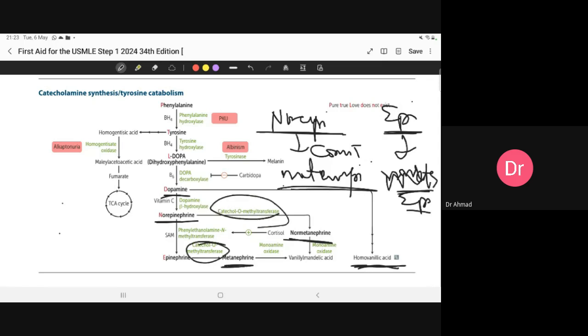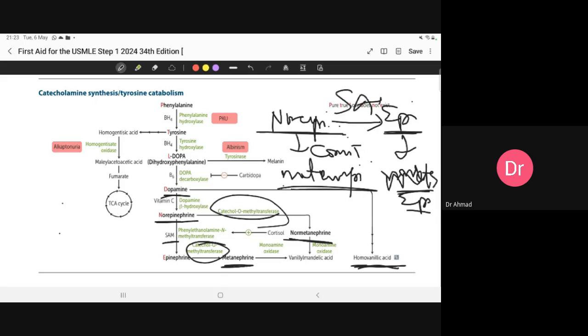So COMT. The only enzyme that is unusual, or can be difficult, is the one that converts norepinephrine into epinephrine, the enzyme SEM. So what is happening here? Phenylalanine is converted into tyrosine, then dopa, then dopamine. Dopamine can go into homovanillic acid or into norepinephrine. This same norepinephrine can be converted into metanephrine by your COMT, and norepinephrine can be converted into epinephrine by